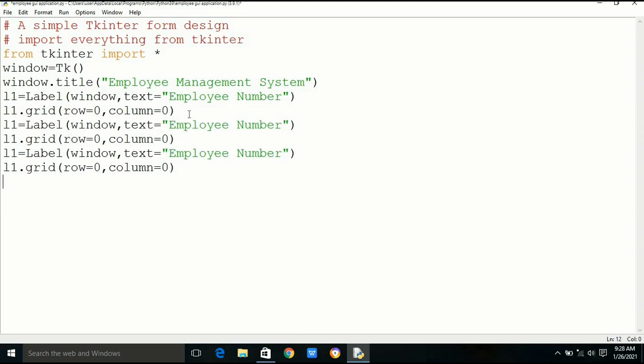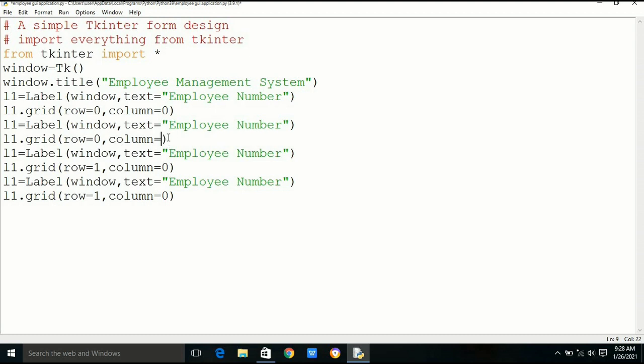Here we want to place the first 2 labels in row 0 and second 2 labels in row 1, and first label will be in column 0 and second label will be in column 2. Third label will be on column 0 and fourth label will be in column 2.